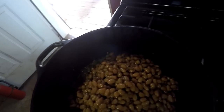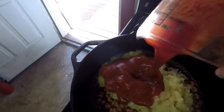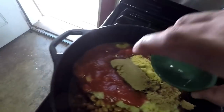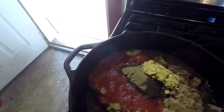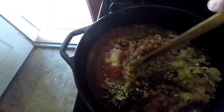Next thing I'm gonna add in is the crushed pineapples. I'm adding in the 1 cup of tomato sauce. Adding in the brown sugar. Adding the ground mustard. And I'm adding in the Worcestershire sauce. Gonna give it a real good stir because it's kind of a thick mixture, so we're gonna stir it up